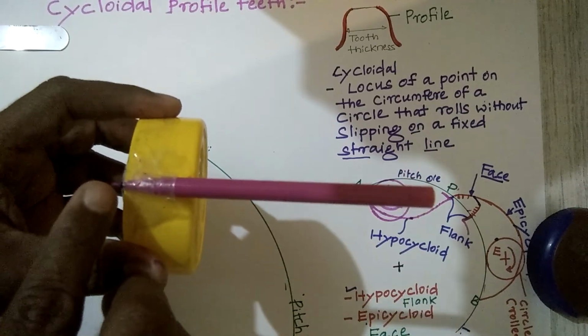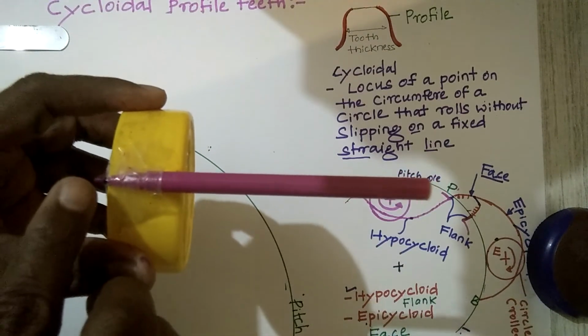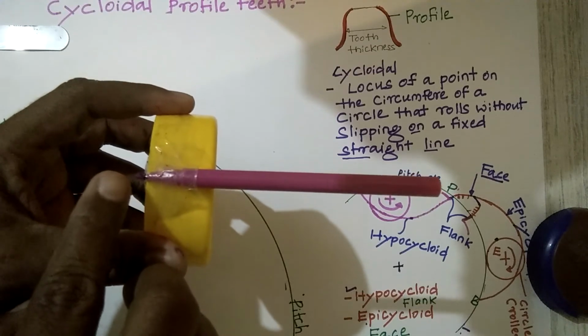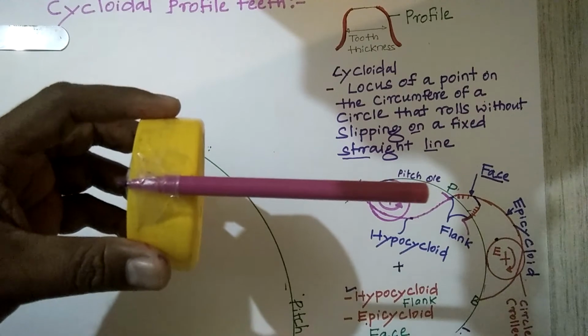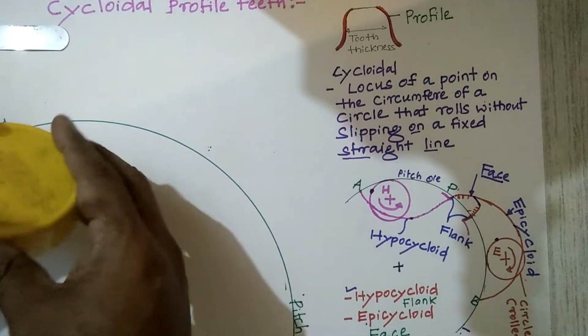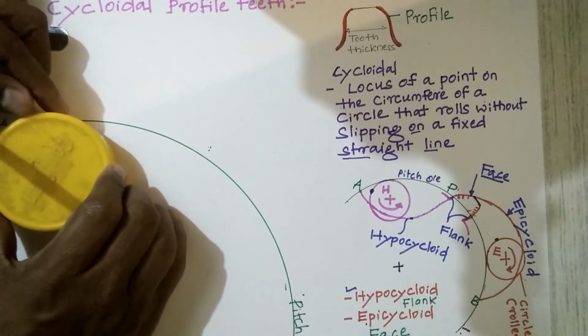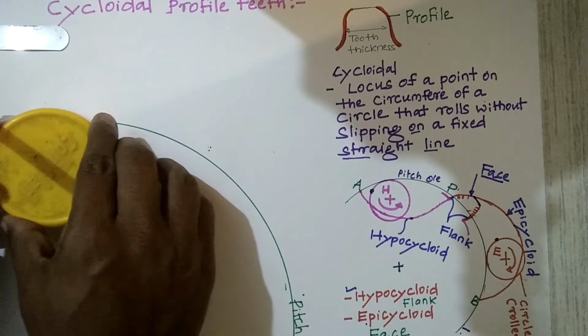What is that? That is the locus of a point. The point traced by this point is nothing but some curve you will get. That curve you have to say is hypocycloidal also, epicycloidal also. I will show that one. If you look at this one, whatever the point traced, this is just approximate to get it clear. Okay, look at this one. This is the locus of the point, I will keep it here only.